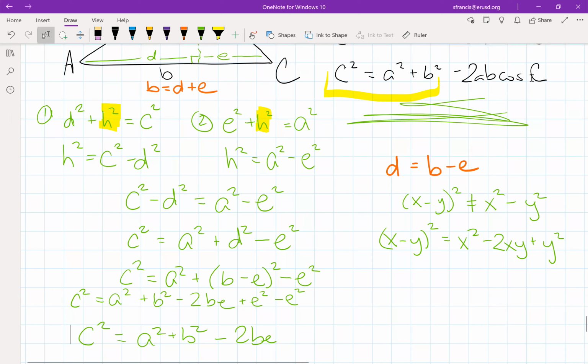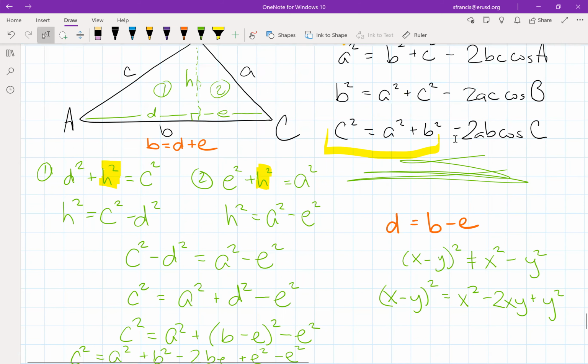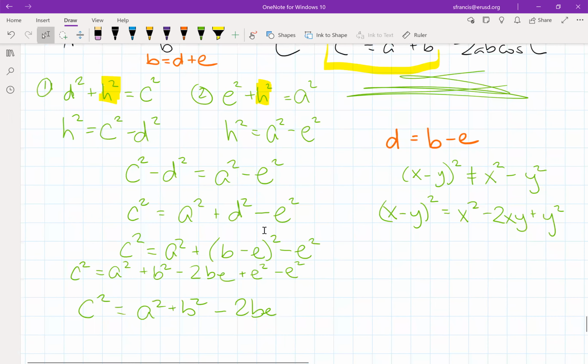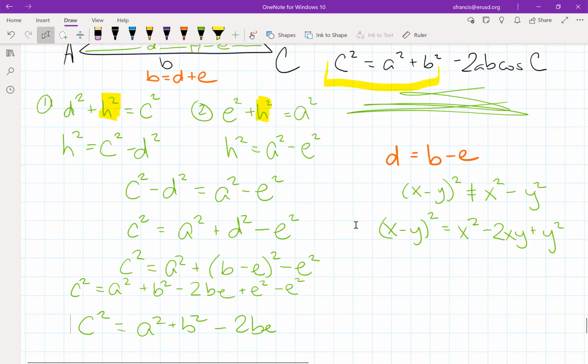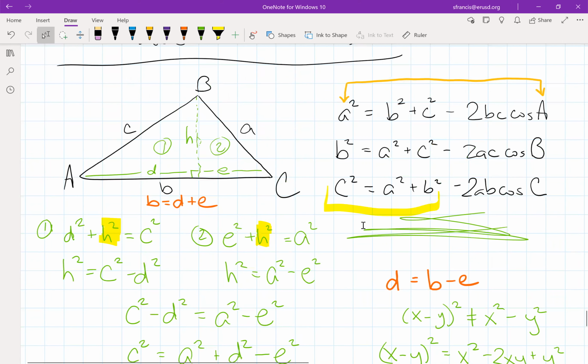We almost got the formula. We're just missing the cosine and one side length in there. I got to get rid of this e from the expression. So let's go back up to the triangle for a moment. How can I figure out something to get rid of e? Well, I need cosine. So if I use this little right triangle over here, number 2, cosine of angle C,